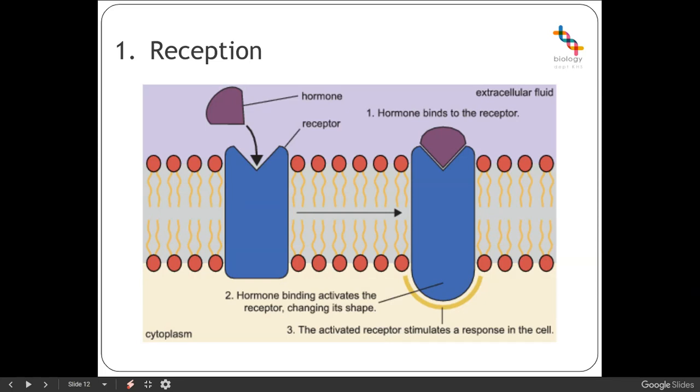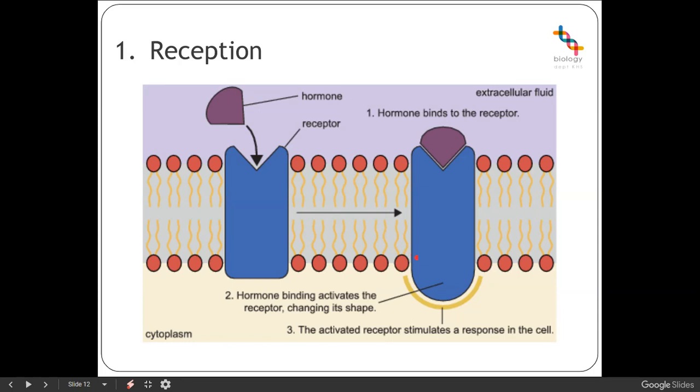In the initial reception phase, the signal molecule, in this case we're calling it a hormone, is going to bind to the extracellular face of the transmembrane protein. This causes a conformational change in the transmembrane protein, and that activates it to stimulate a response from the cell. The transduction of this signal to the rest of the cell may involve either G proteins or cascades of phosphorylation